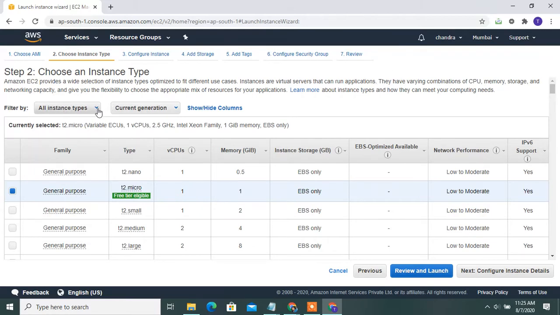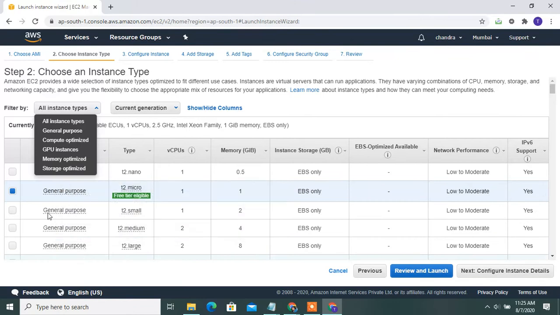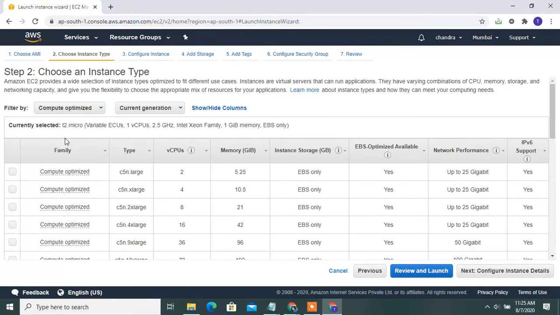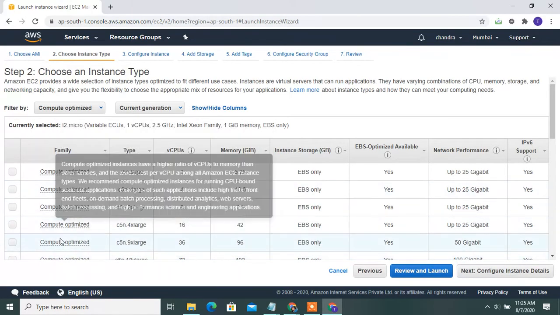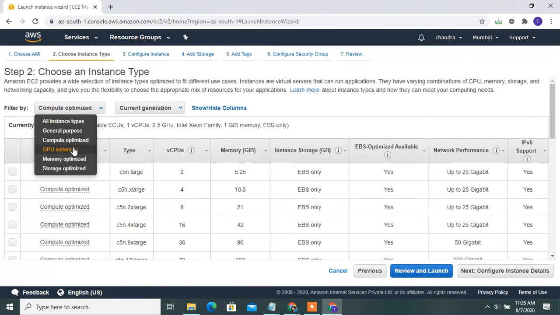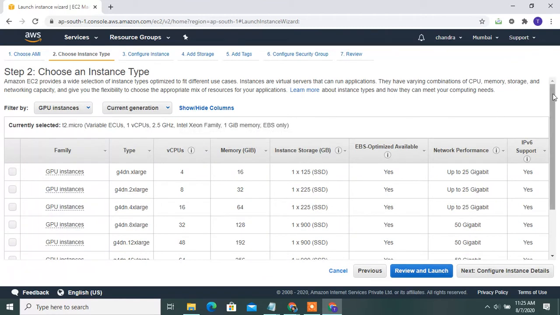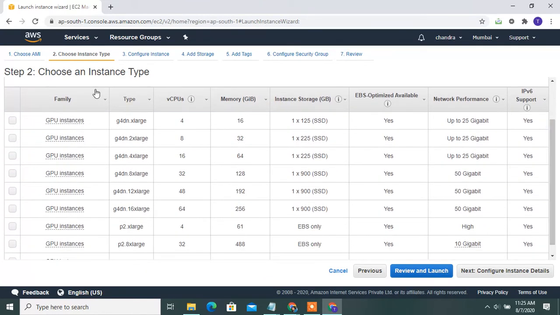See, this is the instance type. These are all general purpose. Then there are the compute optimized families. We can select that, large only. Next is GPU instances, with types like XLarge, P2, G4.